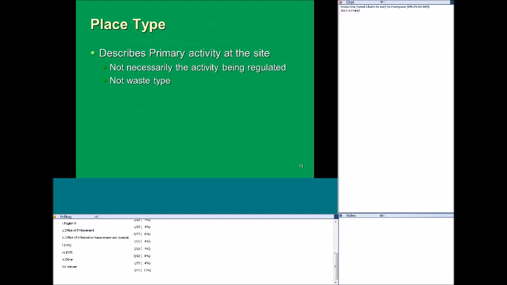So getting onto that, the place type field should describe the primary activity at the site, which is not necessarily the activity being regulated by the water board order. We're trying to separate it out from waste type because that's a separate entry. So again, it's the primary activity at the site.